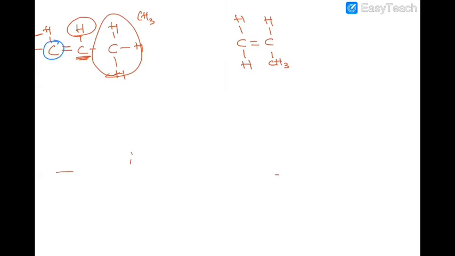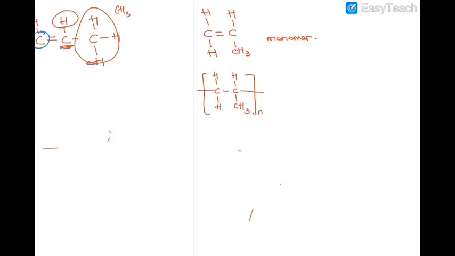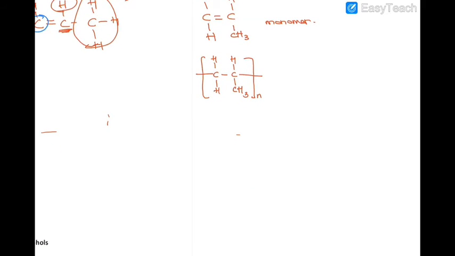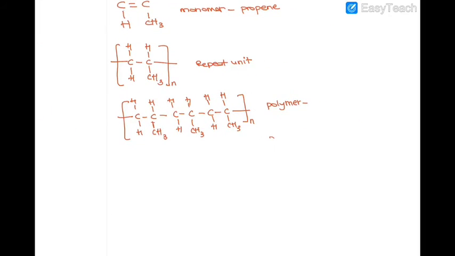So here you have the monomer. Once you get the monomer, you can get the repeat unit, which is the same thing as the monomer. Just remove the double bond, put single bond, and then you have the continuation brackets. So from this now you can get the polymer. So the polymer is just the repeat unit brought together. So you can choose to draw 3 to 4 repeat units. I'm going to draw only 3 repeat units. So this is the polymer and this is